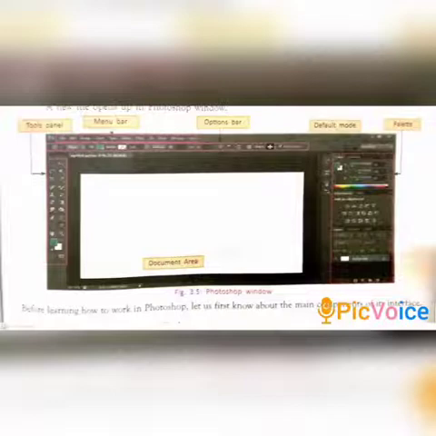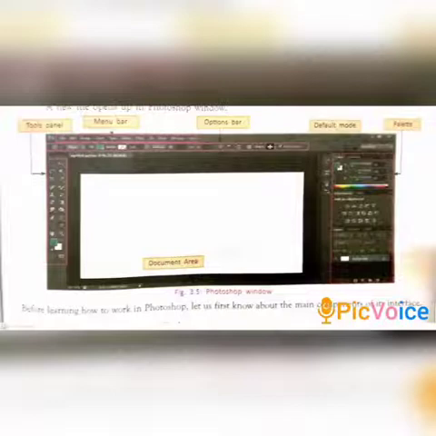Underline, take page number 28. You can also change the mode of the Photoshop interface by clicking any one mode available in this box.